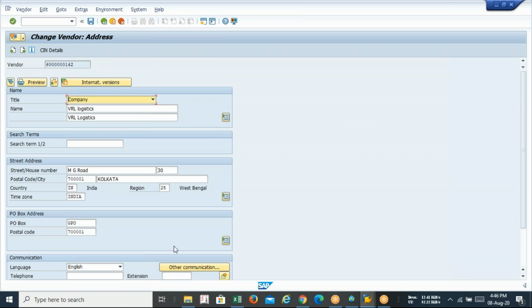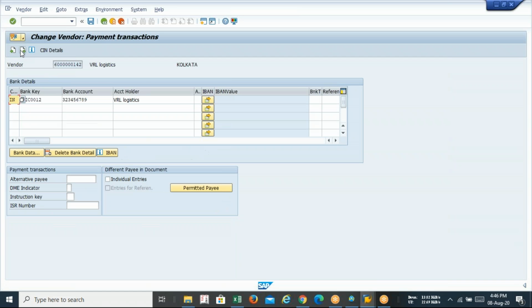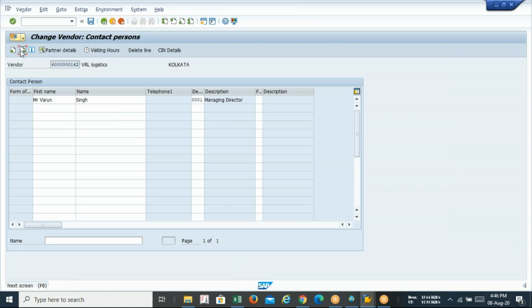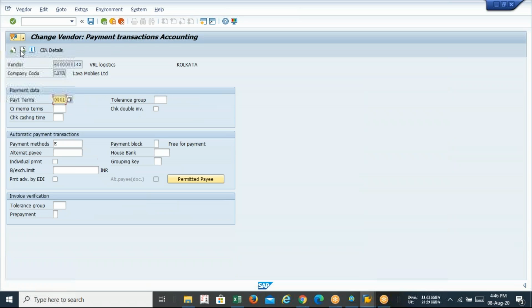After configuration of the automatic payment program, first the task will be to edit your vendor, so that your vendor can accept the automatic payment. You can see that at the time of creation of the vendor, there is an option called automatic payment transaction. Here you have to assign your payment method. Yes, only this thing you have to do with your vendor.